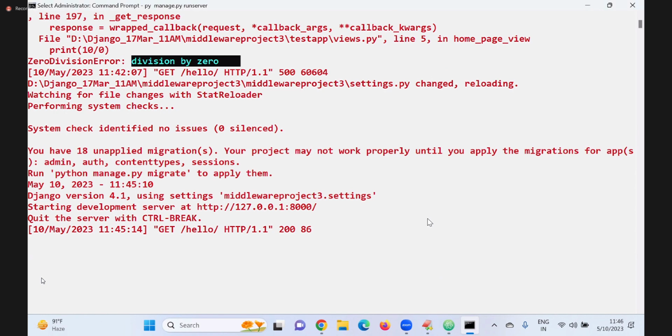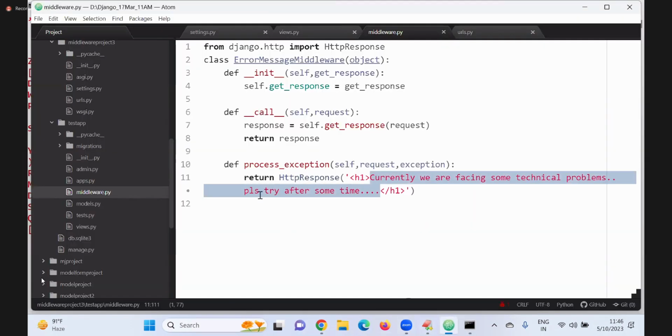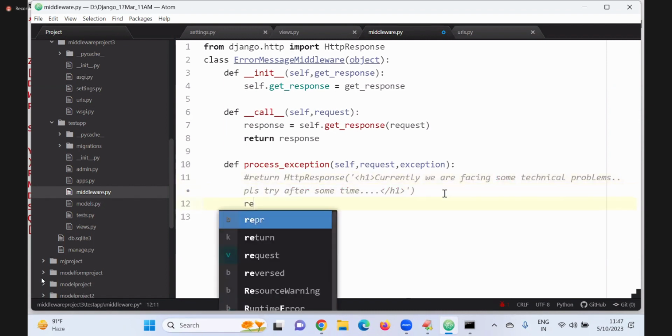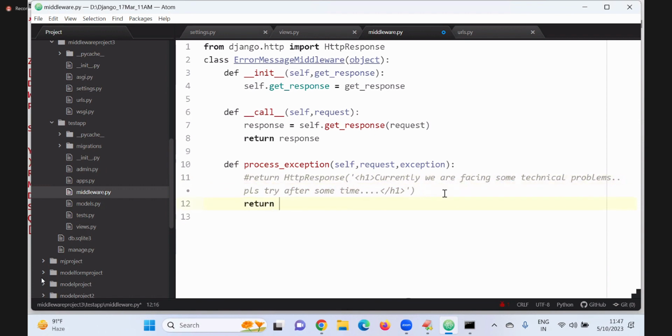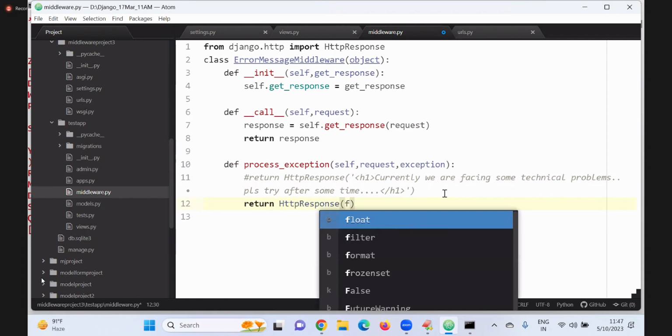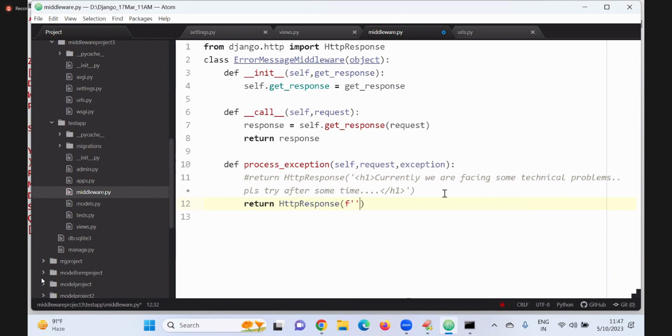What I was doing, comment this whole thing. Now I have to return what I want to return, HttpResponse only, inside. Do you know F strings? F string, formatted strings. How does the F string come into the picture?